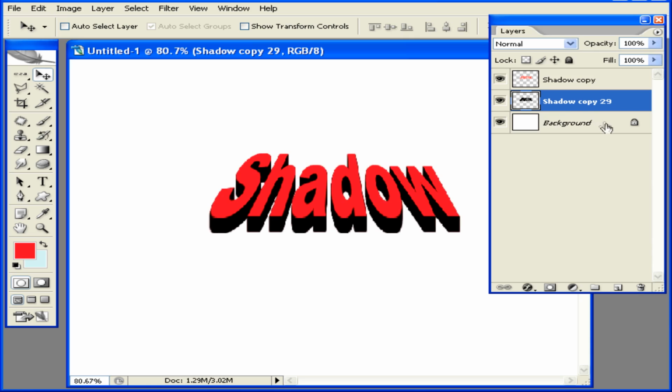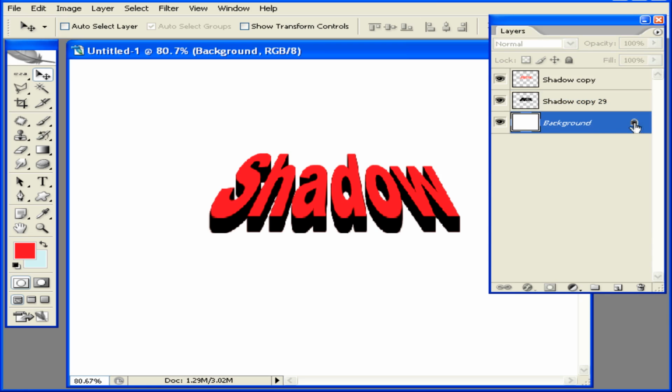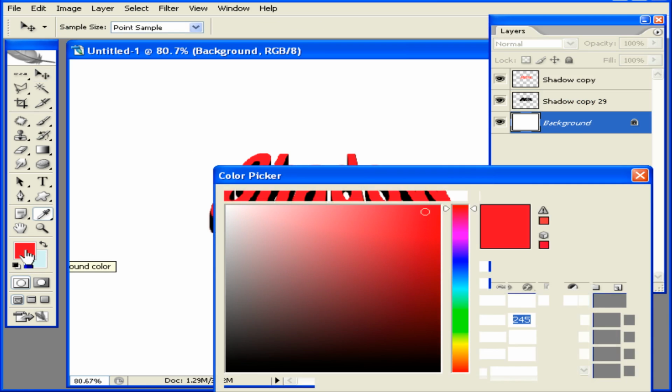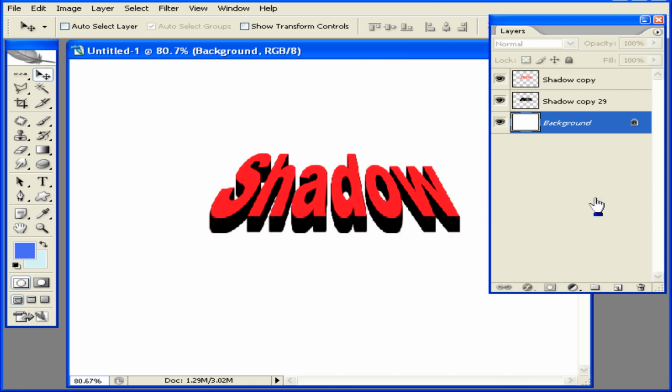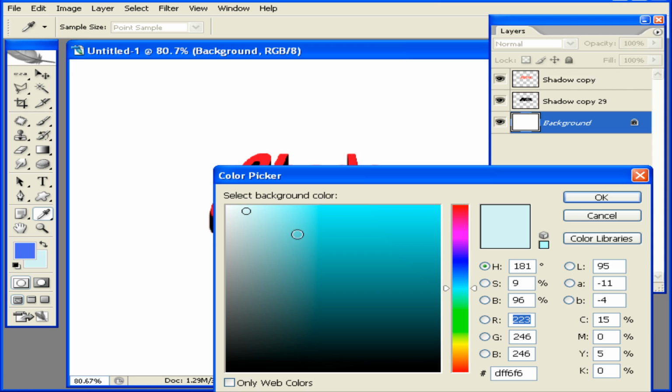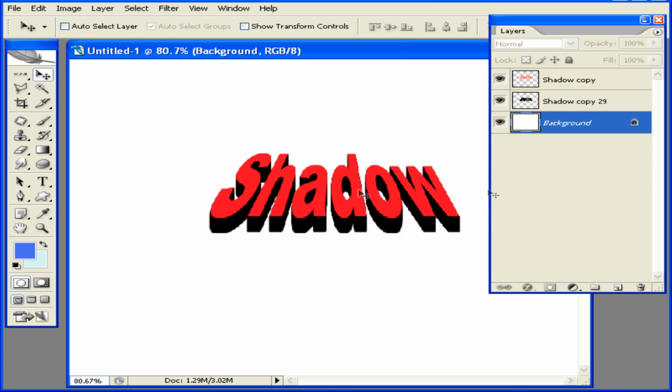Now I want you to go down to the very bottom layer, the background, and select it so that it's blue and it's the active layer. Now to your foreground color wheel, select a mid-blue color. To your background color wheel, select it, and in the color picker make it a pale blue color and click OK. Then press the letter G on your keyboard, which will select your gradient tool, and in your gradient tool edit